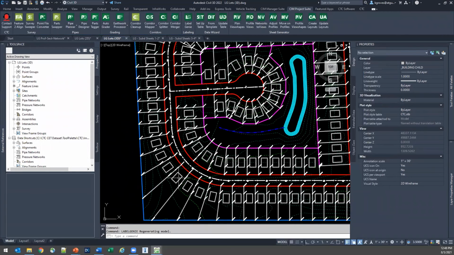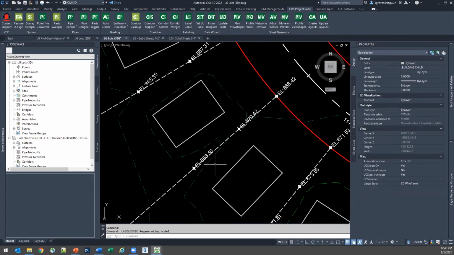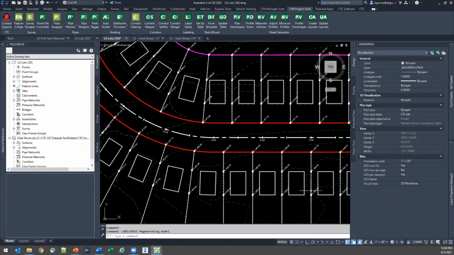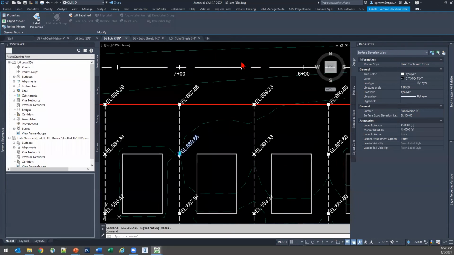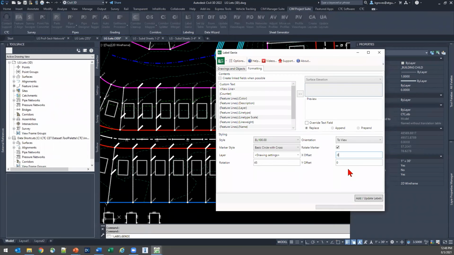Now, these corner lots aren't going to look super great, but all these other north-south oriented ones, they will. Our marker also took on that 45 degrees. When I'm using a Civil 3D label, if I add in an offset, I don't think I did much of that with AutoCAD stuff, but if I add in an offset, we'll go +3 -2. What this is going to do is automatically throw that label into a dragged state. So with that drag state,